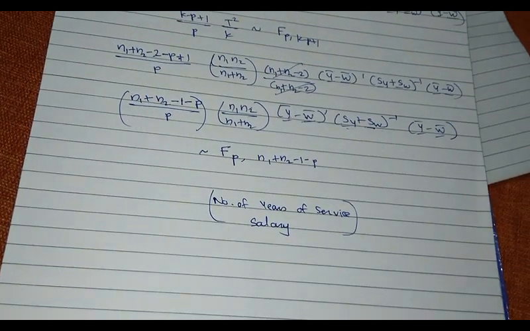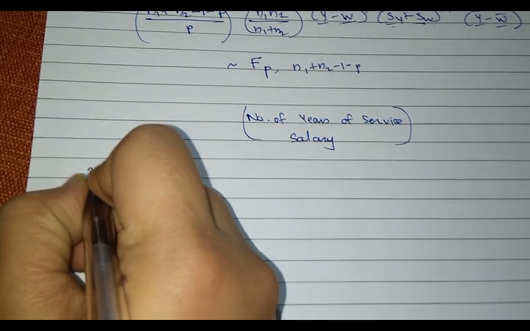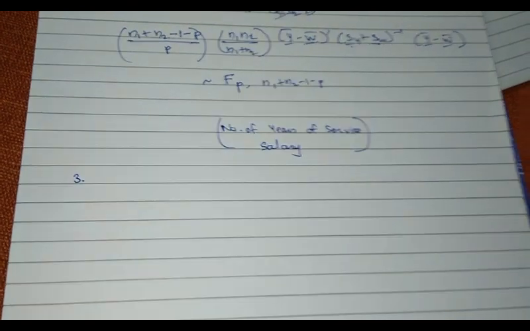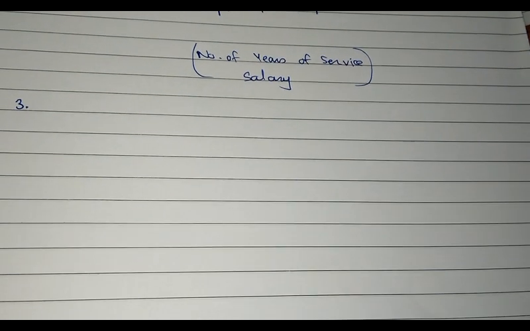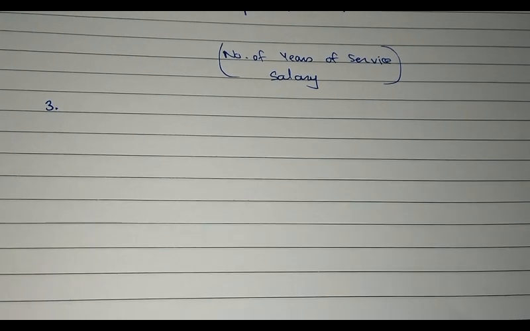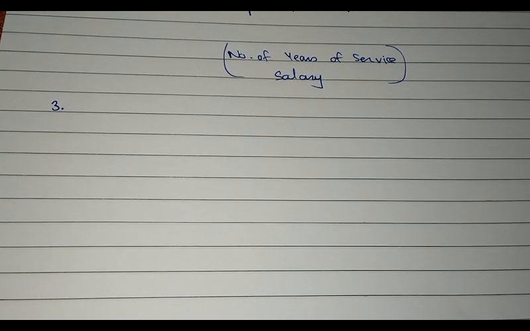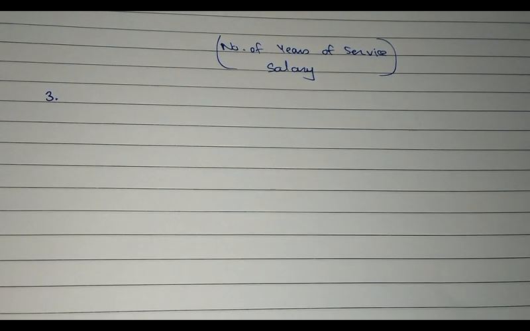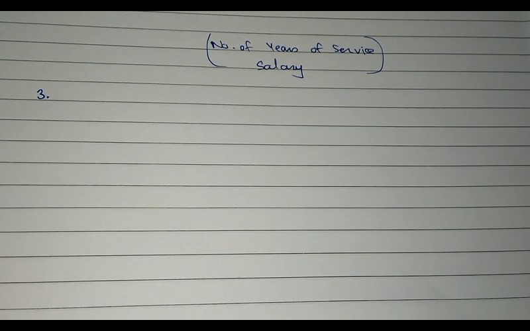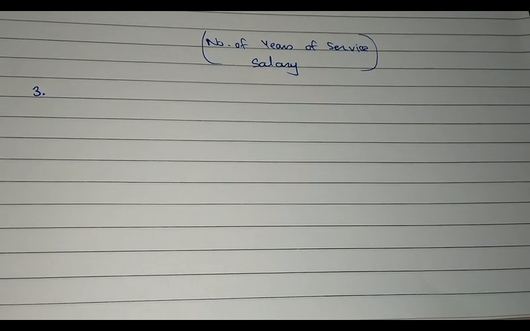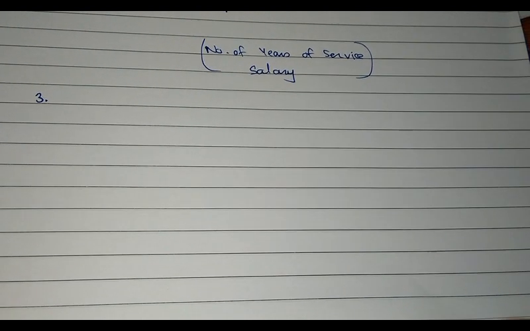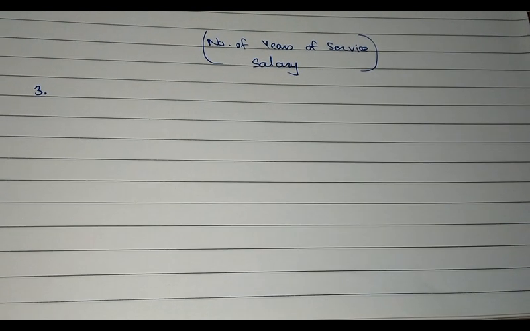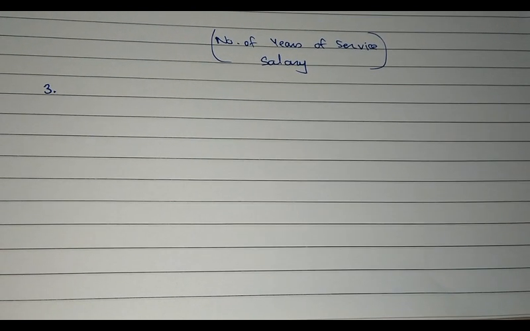Now the third application of Hotelling T square is in the setup which is equivalent to paired t-test. So what do you do in paired t-test? Generally paired t-test is used in a scenario where you have two dependent populations. When I say dependent population, I know that most of you are used to seeing before-after type of populations, what happens before taking medicine and what happens after taking medicine. But things need not always be in the before-after setup. You can also have a setup where there is no before-after, but there is a clear cut dependence.